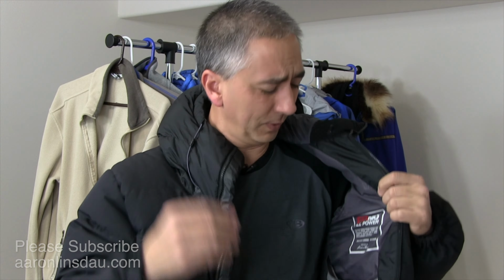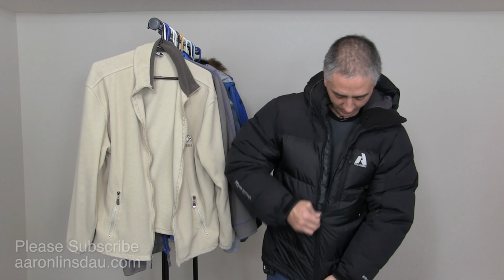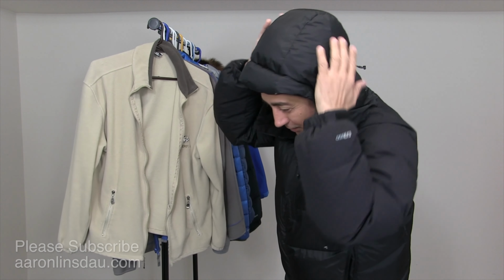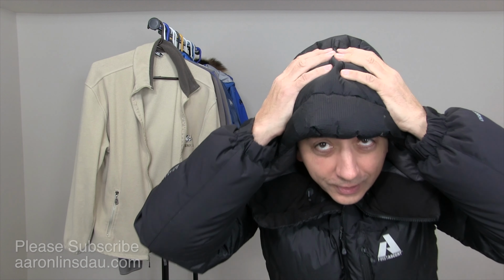I never really use them because I stuff a glove in there, and if I'm walking and that glove works its way out and falls out, I'll be crying. But check this thing out. When I fully load it up, I put the hood on, which has a massive neck covering. I mean, look how poofy this thing is. It is crazy. But when I zip this up,